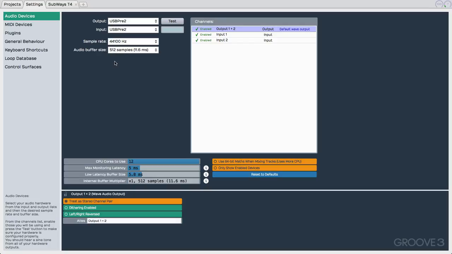It will come in at 256 on Windows, and that gives you 11 milliseconds of latency. That 11 milliseconds is a very short period of time, but if you're playing, say, a MIDI controller into a virtual instrument, that is the amount of lag between when you hit a note and when you hear the note. Same thing if you're working with a virtual guitar amp or amp simulator. When you play a note on your guitar, this is the amount of time it will take to go through